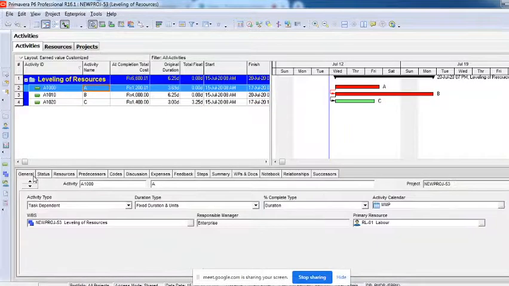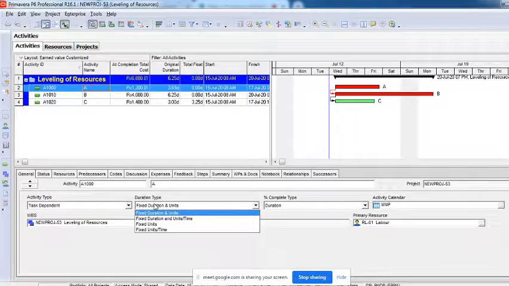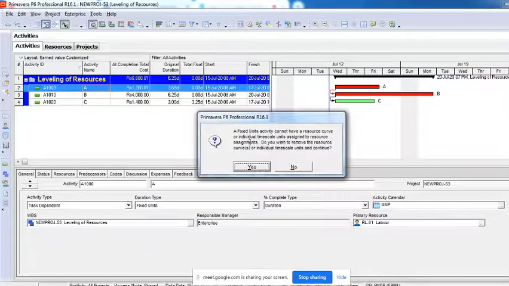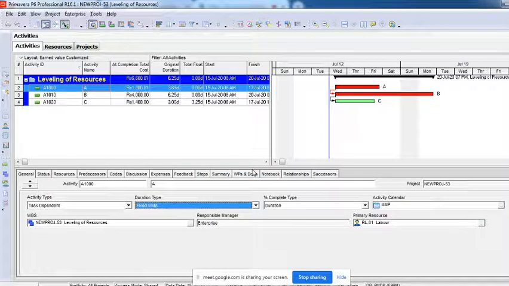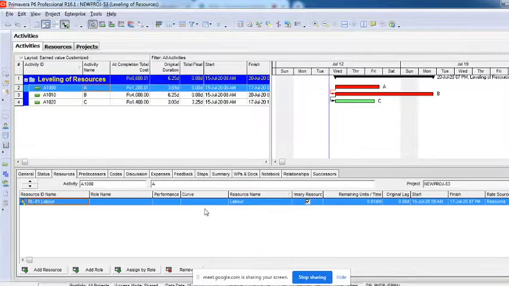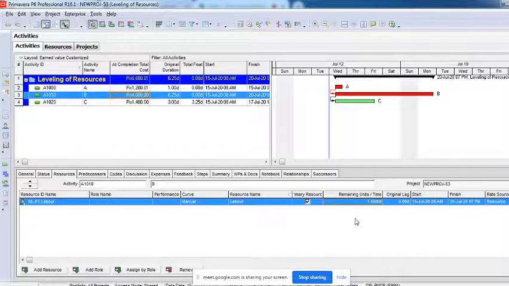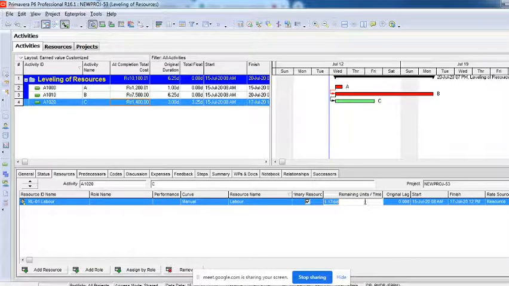First I'll go to this activity A to do some changes. I'll make it as fixed units because my work has to be constant. I do not want to touch anything in my work, and anyway I have 3 labors per day, right? Oh, there is no resource here. So I'll put all my 3 labors per day on the first day itself. You can see here I'm putting all my 3 labors, and then on activity B, anyway I have 3 labors per day, so I'll put all my 3 labors here also and here also.